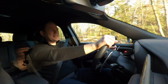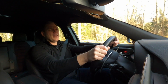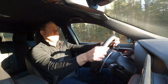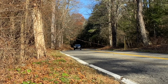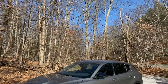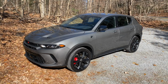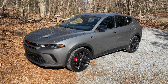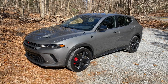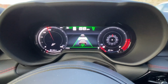But in practice, its closest competitor is probably the Toyota RAV4 Prime, which is a plug-in hybrid that costs $44,790 and has a 302 horsepower powertrain. The RAV4 is just as quick as this is and a little bit larger, but it doesn't have the same sporty feel. Although if you load one of these up all the way like this one with the track pack, a black package, and a tech package, you're looking at a vehicle that costs over $52,000, so maybe the Audi comparison is more apt. That does get you a lot of stuff, however, including the 360-degree camera system and a